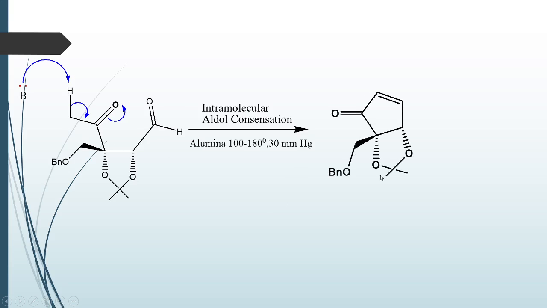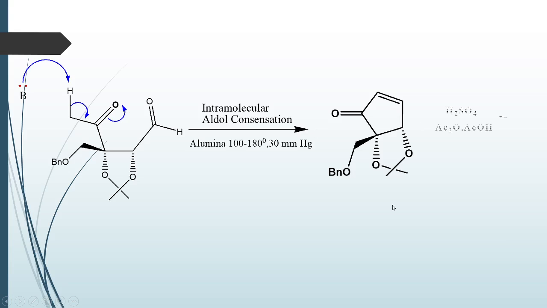When we use the base, there is abstraction of this alpha proton, and then there is an intramolecular aldol condensation reaction, and we got this as a product, this protected diol, and this OBn remains the same. After the abstraction of this proton, there is a formation of a negative charge, and this negative charge can attack this molecule, and there is a formation of this 5-membered alpha beta unsaturated compound, that is the product of